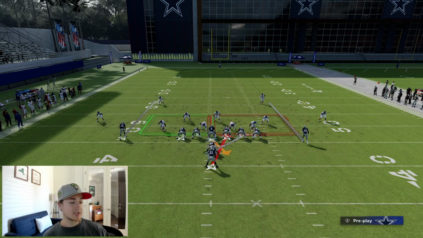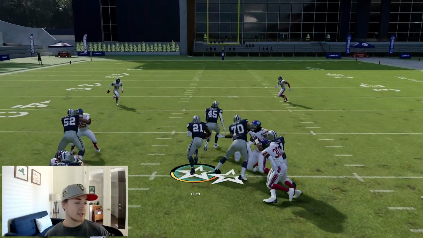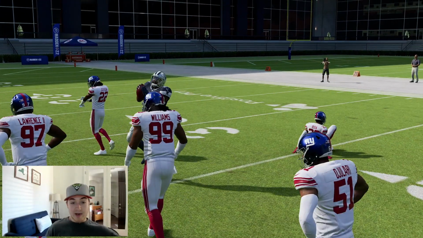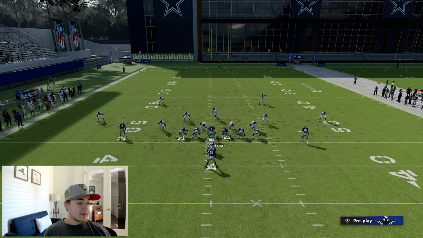And again, running it to this right side, if you wanted to, you could still incorporate some motion like this. Again, the cutback's a good option for this run, especially if you run it to the right side. It kind of takes away that middle linebacker from shooting the gap to that outside lane. And if you were to run it to the left, you can, of course, I guess